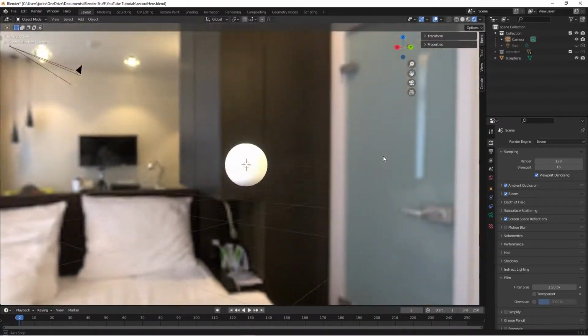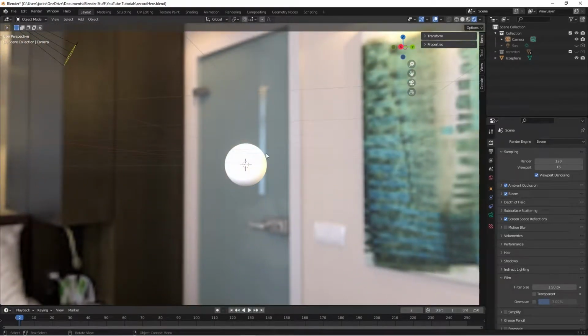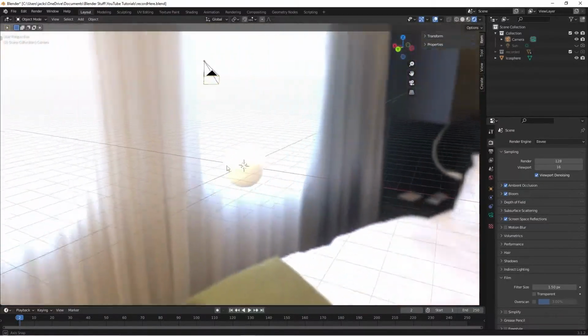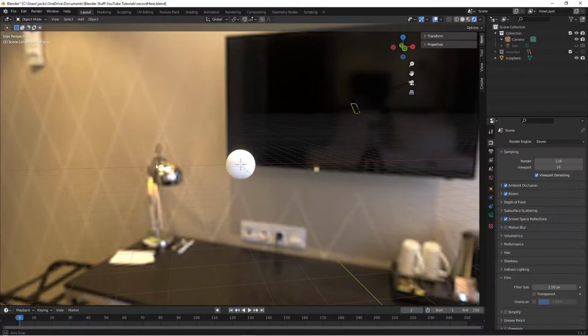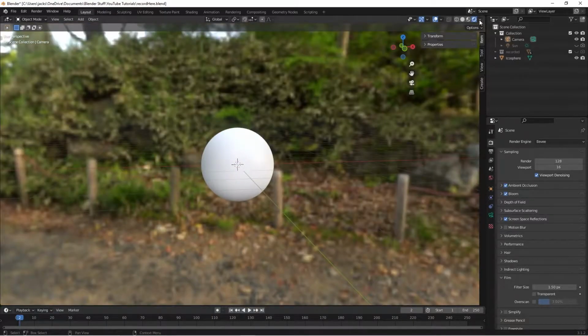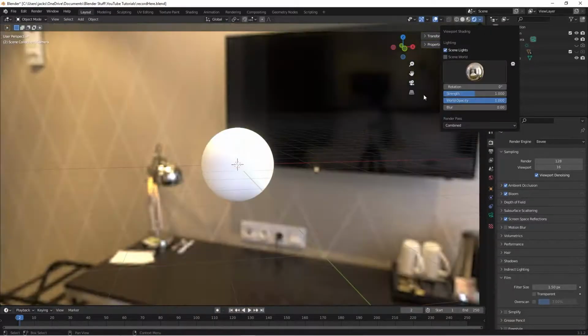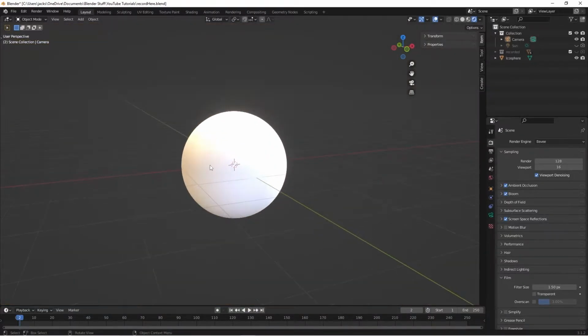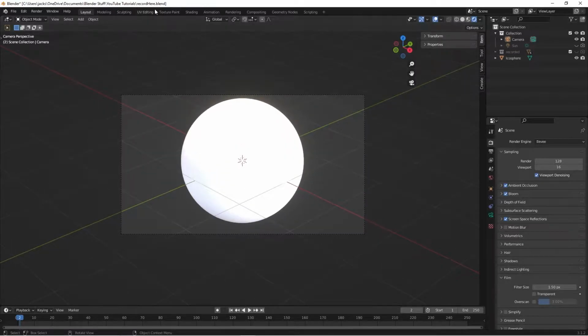indoor material. And yes, it's an indoor material because it's a mic mesh, but we're going to be using an indoor lighting system so that we can see the light bouncing off of it properly, as opposed to the outdoor forest one. So yeah, for the realistic lighting, use this one, and then we can go ahead and turn back down the world opacity. So then we go back to our camera view and then head over to the shading